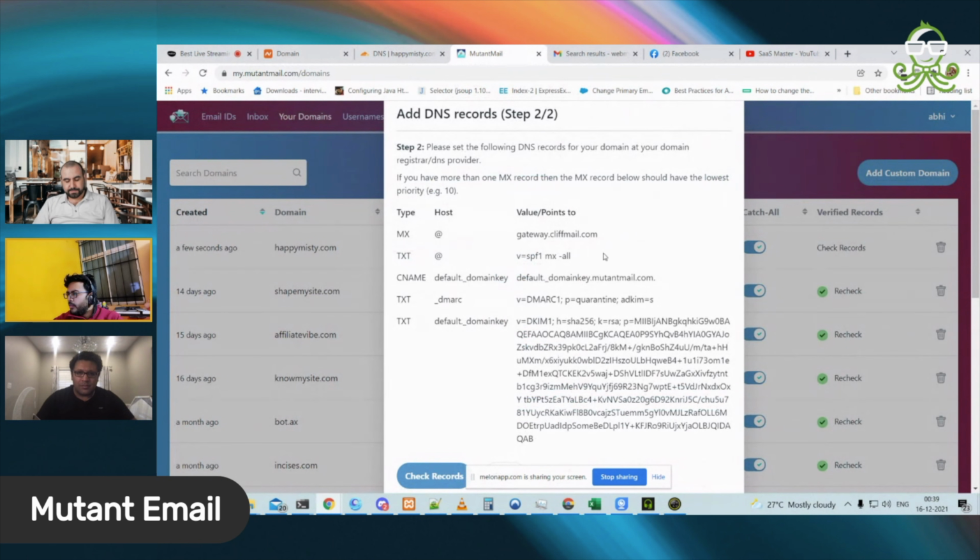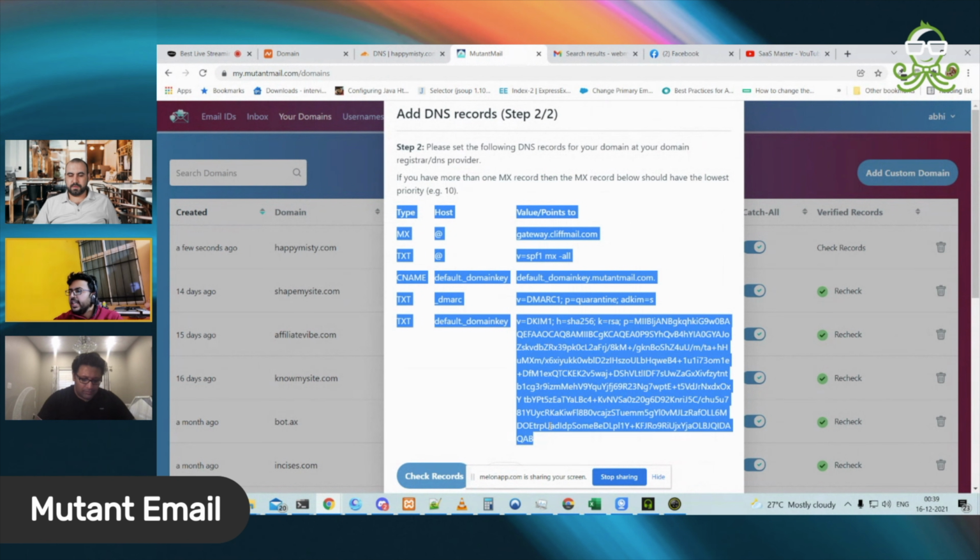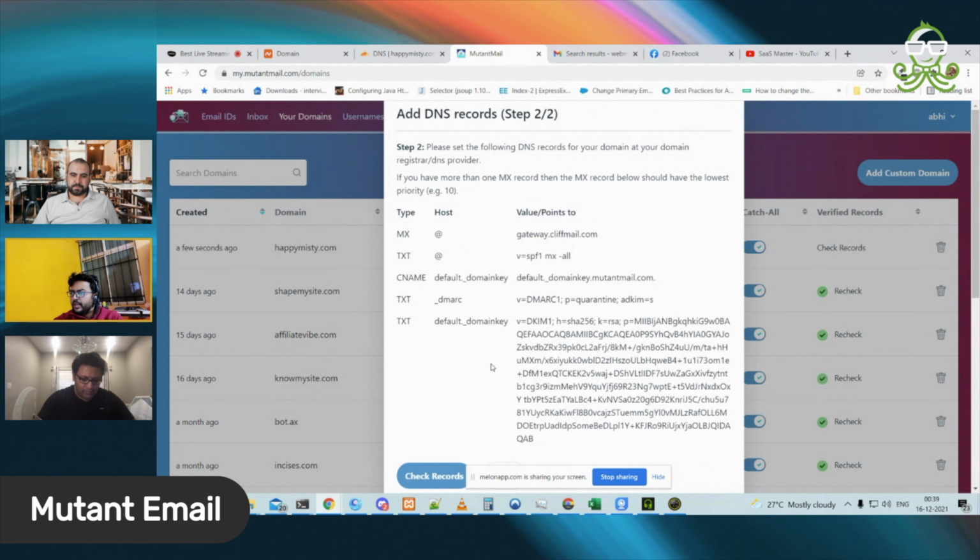Exact same steps. So when I clicked OK, it gave a message that the domain ownership was confirmed. It was able to verify those records on the DNS settings. So now it gave a couple more records to copy and paste, and these are needed. For example, MX records are needed because the Mutant Mail needs to receive emails for your domains on your behalf. It has to act as a recipient as well, and the rest of the records are for sending through that particular domain, so that your emails don't land in spam,